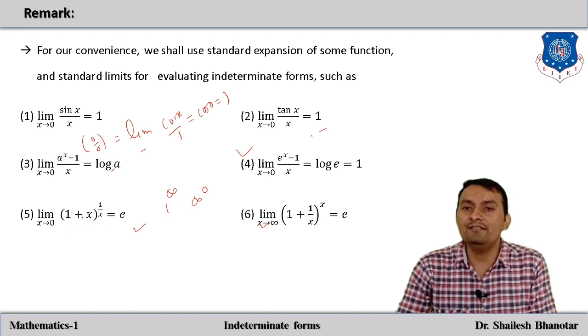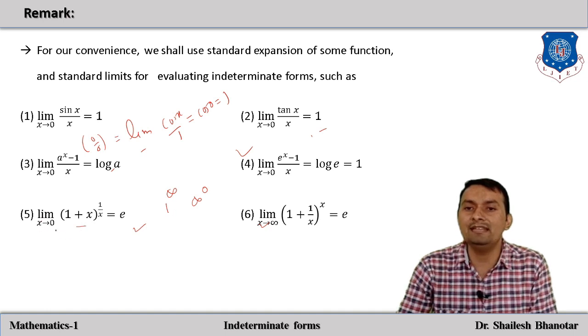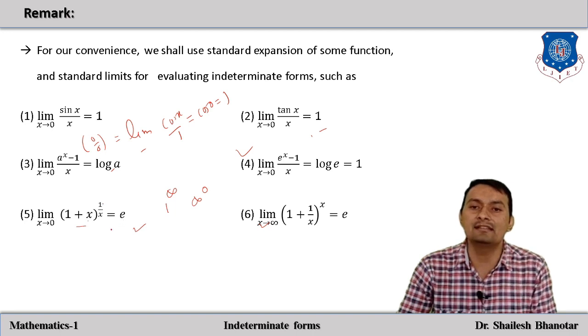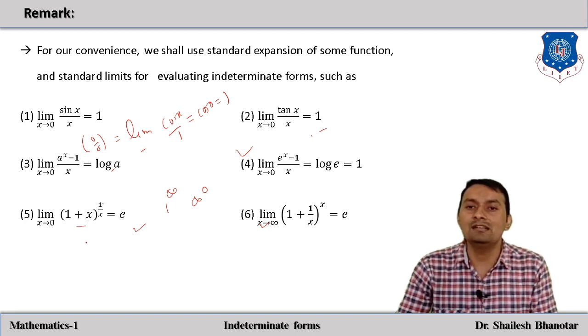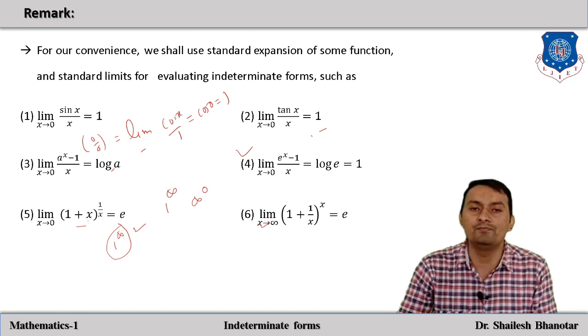But whenever we consider this type of expression, what should the limit be? The limit as x tends to 0 of (1 plus x) raised to 1 by x. Here x is there, so we have to consider the power as a reciprocal, and in that case we will get the answer e. So what will be the form here? 1 raised to x, where x is 0, so 1 divided by 0 is infinite. So 1 raised to infinity, there is no conclusion, which means it is an indeterminate form.